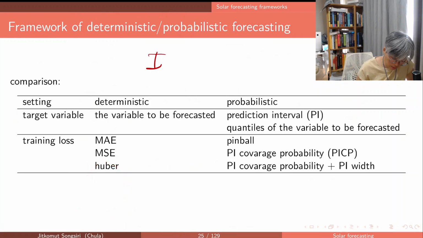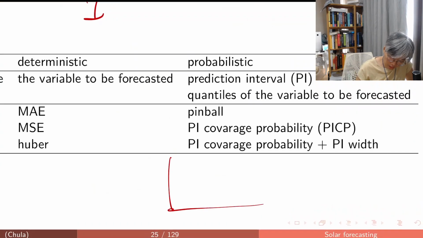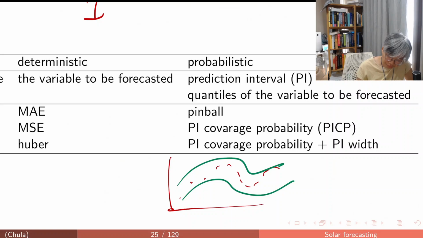We can check out this information from statistical learning papers. For probabilistic forecasting, the training objective would be different. Let me explain: if you have the data set and you have to develop a PI, a prediction interval,